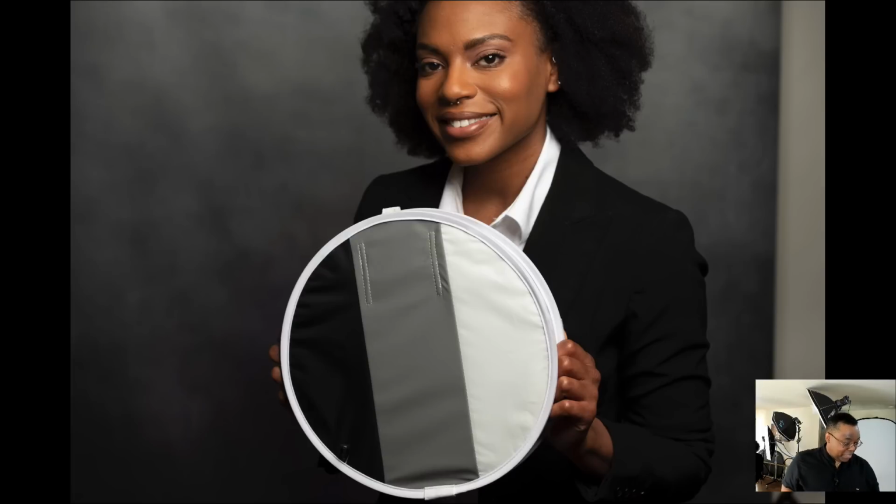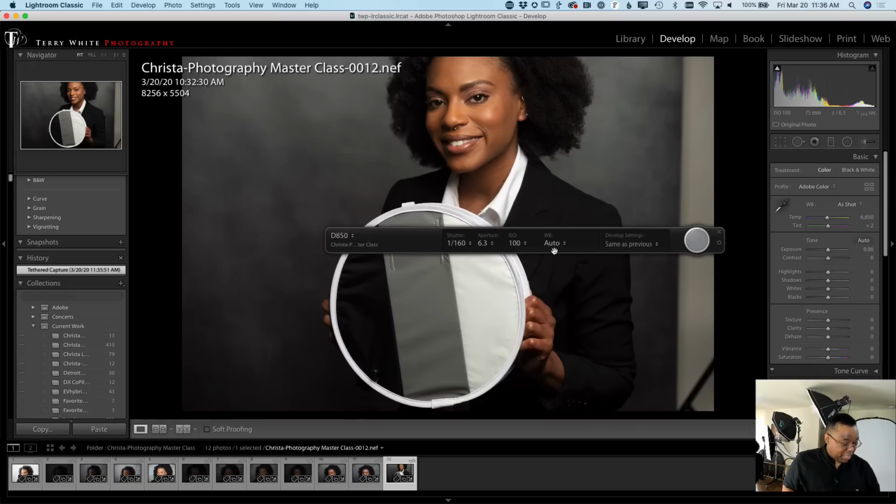Because now all we'd have to do is in Lightroom's Develop module, we go to the Develop module and we grab the white balance eyedropper and we click right on that gray. And look, the colors, the tone of the shot got a little cooler. So it might have been a little too warm based on the lighting in the room, but that made the